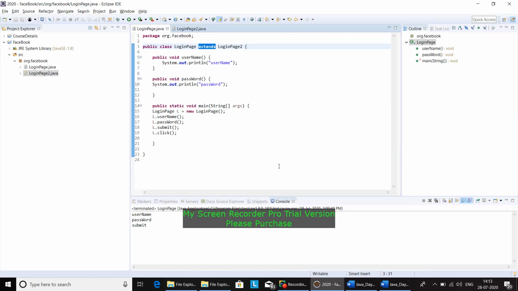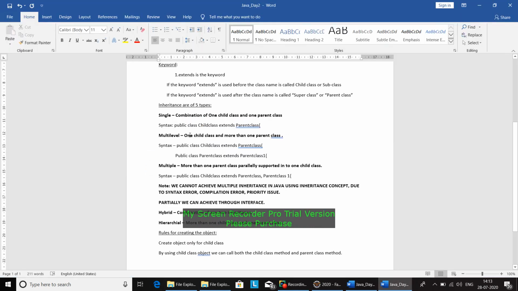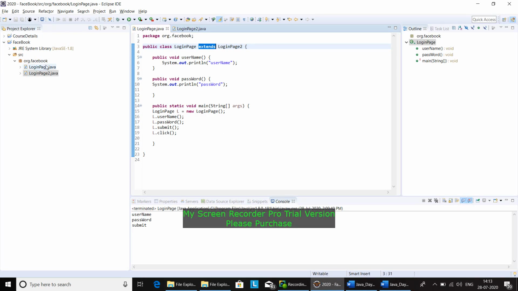Let's see the example. We are going to access from one child class to one parent class, and from that parent class to another parent class, which means we need one more class in our package.